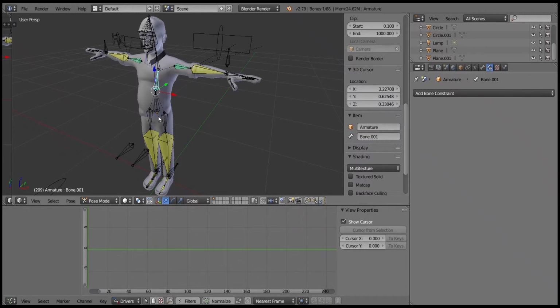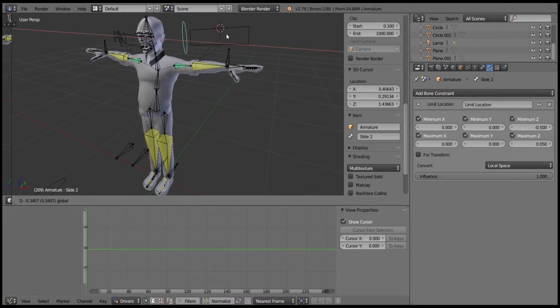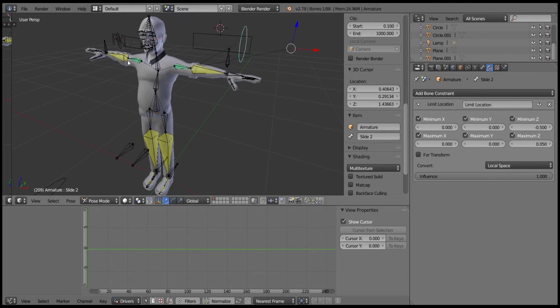Hello, my name is Mark, and I'll be going over the Blender rig, and this is my Blender rig. I'll be going over the advantages and disadvantages of this rig, as well as show off its capabilities. First off, I want to talk about the